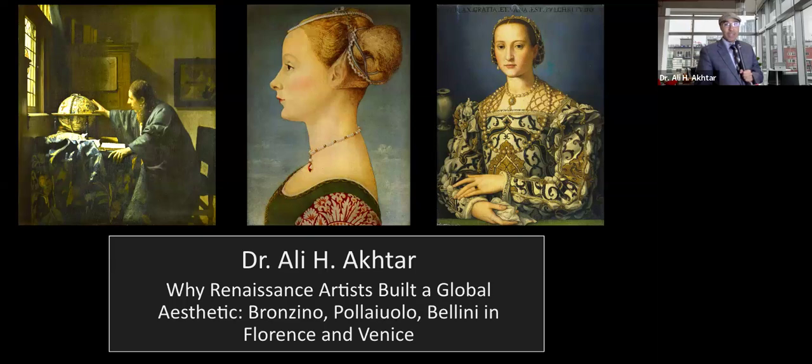And you'll see here that there are these paintings that I've included in the opening slide, but one of them does not come from Renaissance Italy. On the far left, that's a painting by Vermeer, part of a pair of paintings called The Astronomer and the Geographer. And part of the reason I've included that painting is because the Renaissance in Italy, of course, occurs at a time that overlaps with the Age of Exploration. And that's really what I wanted to start with.